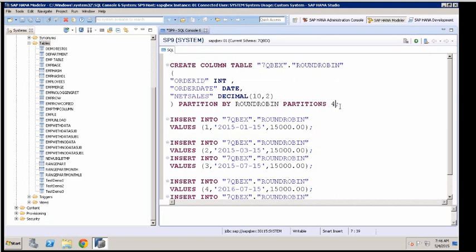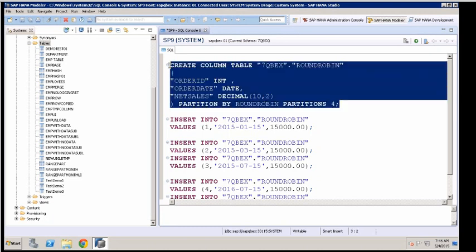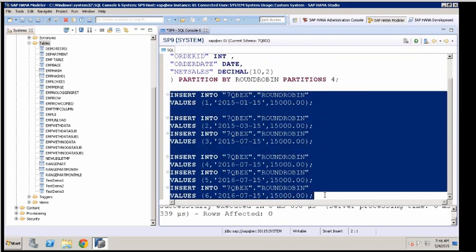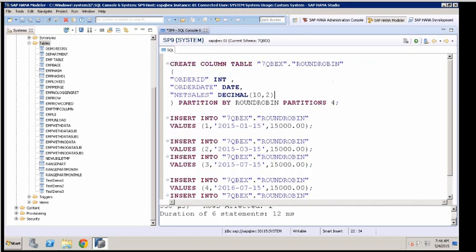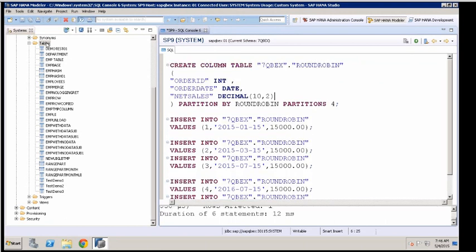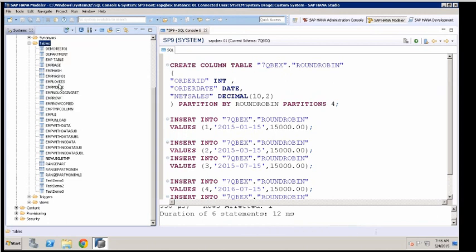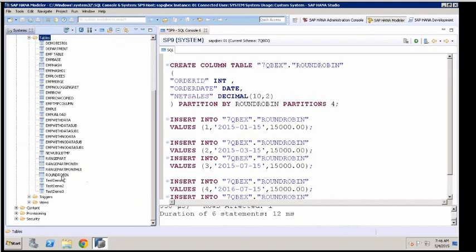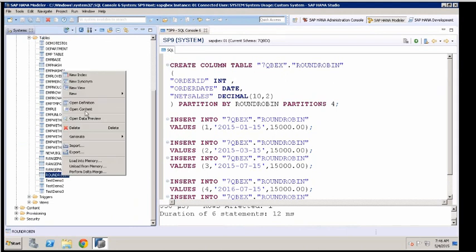I'll show you. We'll control that later, but now in this case we cannot really control which partition the data goes into. Your program should control that. Round robin. Actually, all the data will go into 4.